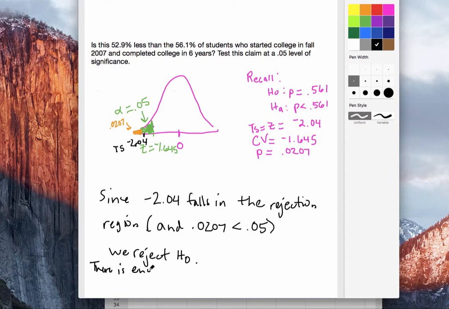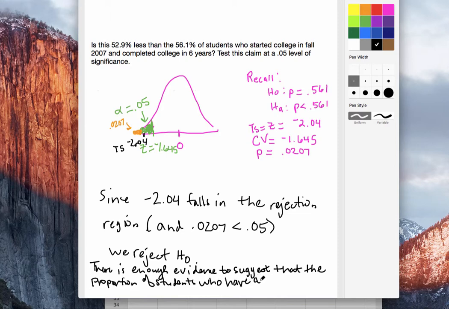There is enough evidence to suggest that the proportion or percent of students who have completed college is less